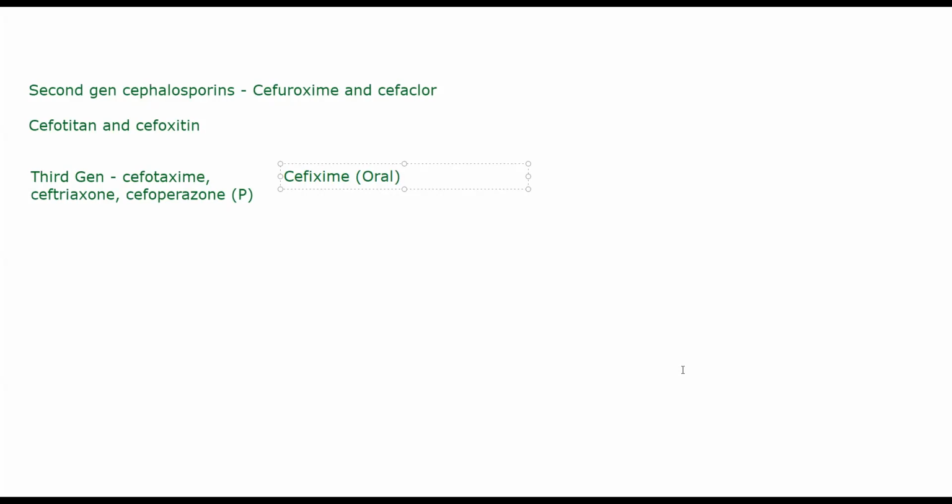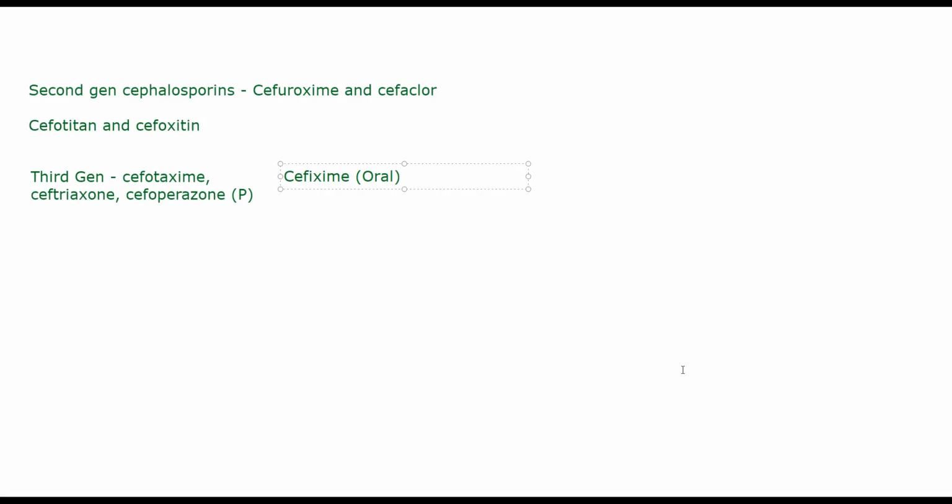Also, gonorrhea, Neisseria gonorrhoeae. You can also use them in Haemophilus influenzae, especially the strain that can produce beta lactamases. There is one strain of Haemophilus influenzae which produces beta lactamase enzyme, for which you'll have to give a beta lactamase inhibitor if you use other cephalosporins. But if you use third gen, you can avoid that. They have weak activity against gram positive cocci though. Third gen cephalosporins all as such will have weak activity against gram positive cocci.